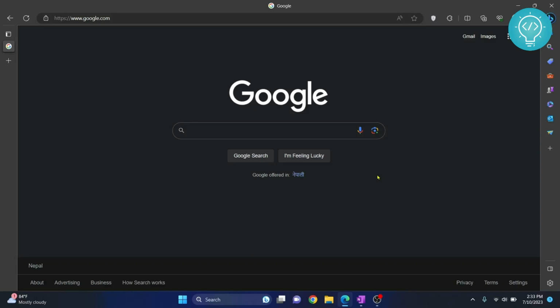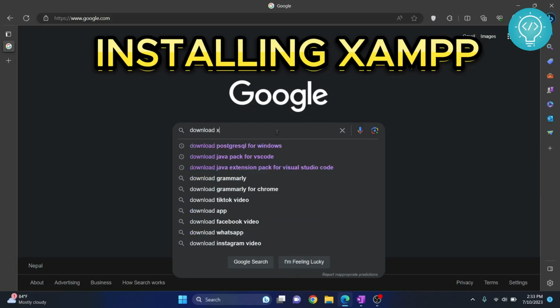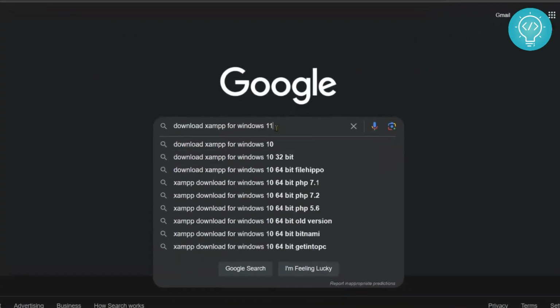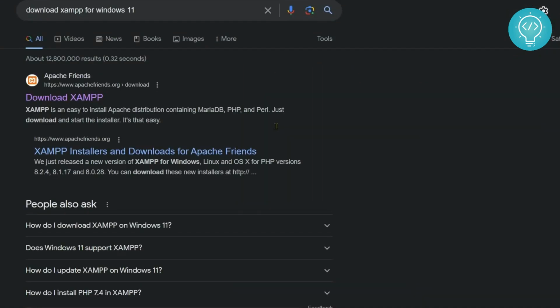Let's see how we can install and run XAMPP and WordPress on Windows 11. Type download XAMPP for Windows 11, search, and click on this first result from apachefriends.org. Make sure the website is this. Click on download XAMPP,